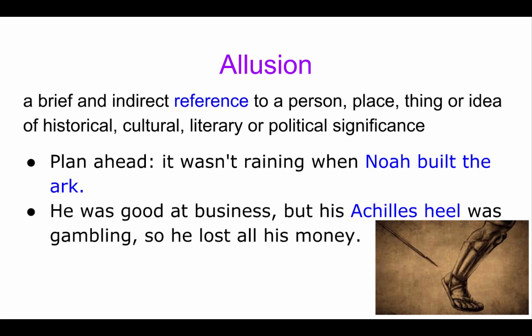If you know the story of Achilles in the Trojan War, you know that his heel was the only place on his otherwise invincible body where he could be harmed, and when he is hit with the arrow in his heel, he dies. So you would understand that an Achilles heel means a weakness that can lead to a person's downfall. Be on the lookout for allusions. They can be really fun, and if you understand them, they can be very meaningful and persuasive. Next,